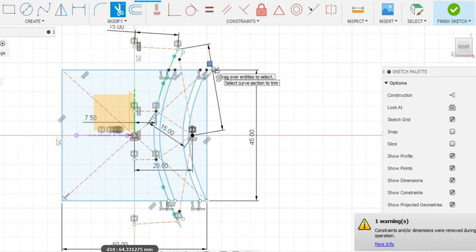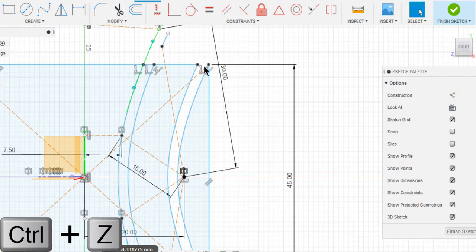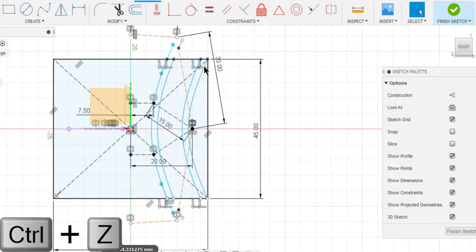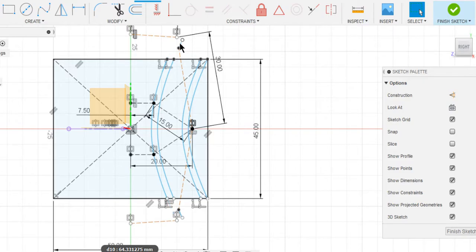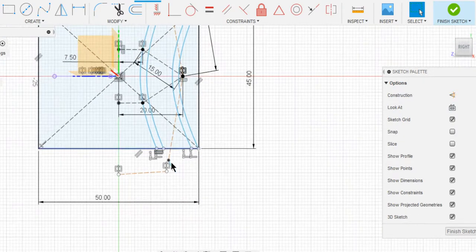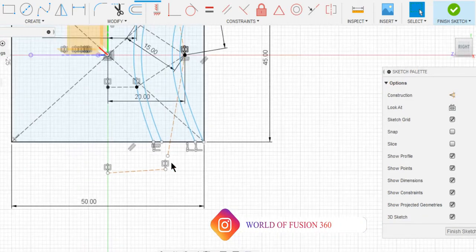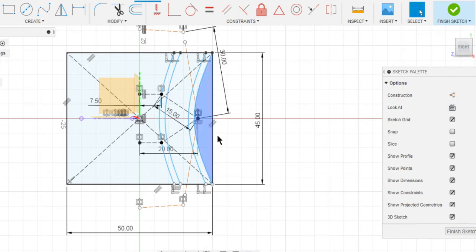Oops, we just trimmed the entity which we need. Undo that operation. Awesome. Let's delete this entity. Delete this one also. Yeah, now it looks nice and clean.